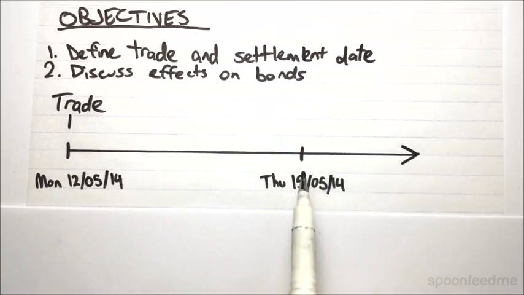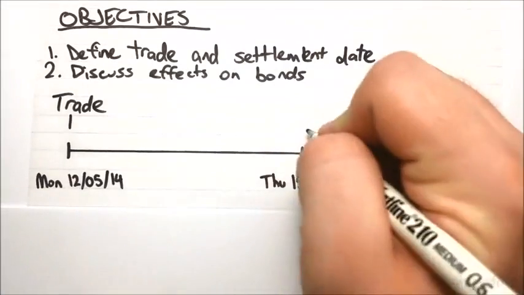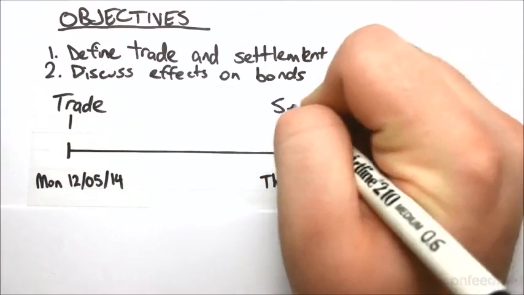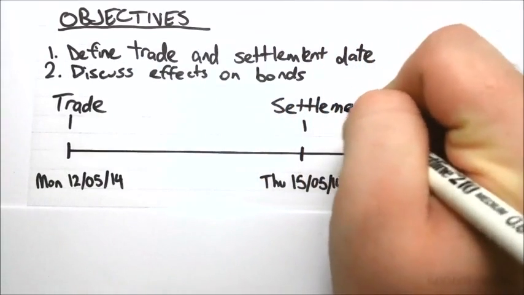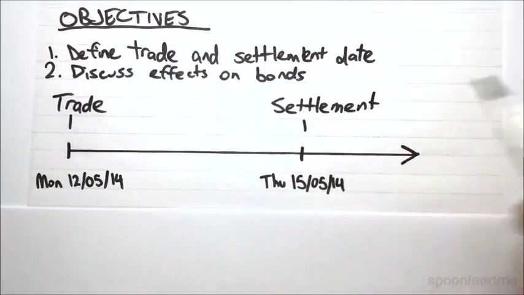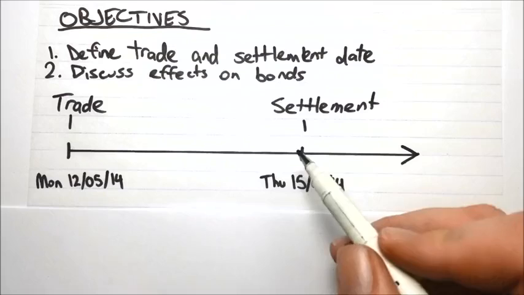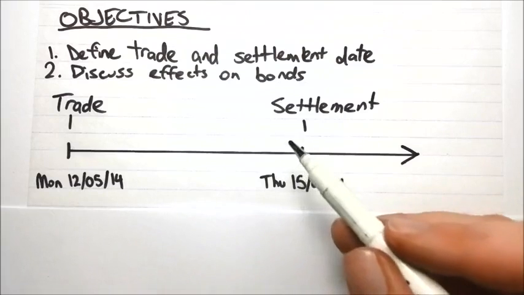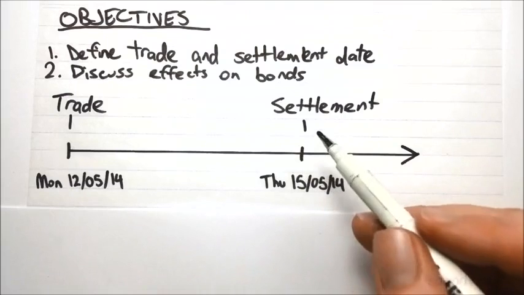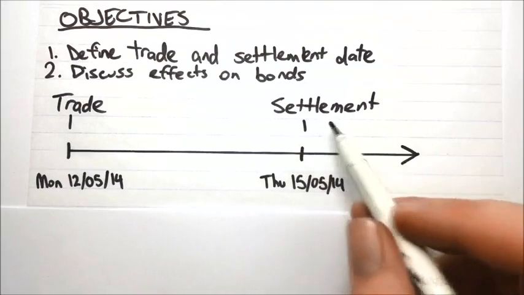The second date here is what we call the settlement date. So I mentioned that they come into agreement on the trade date about all the terms and the fact that the bond will be sold. This is the day when the actual payment occurs, when the buyer pays the seller for the bond and the bond is actually provided to the